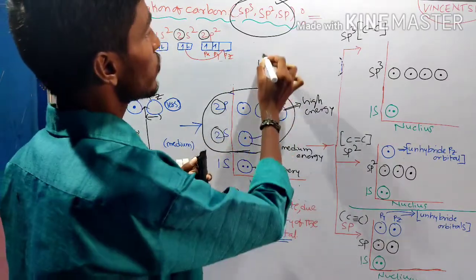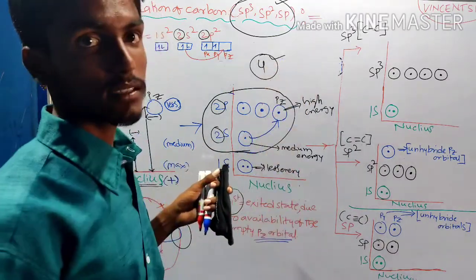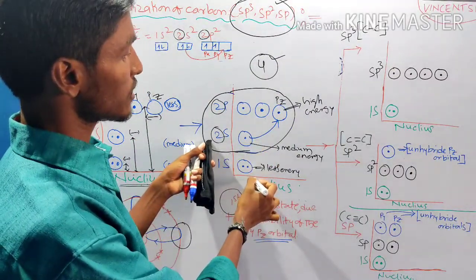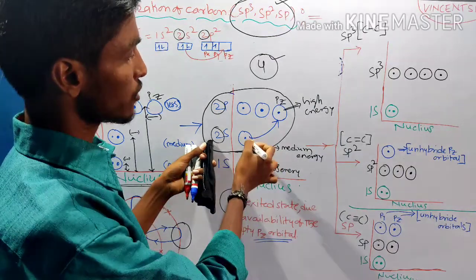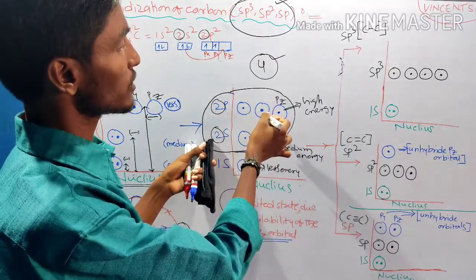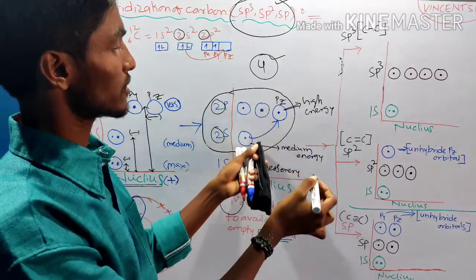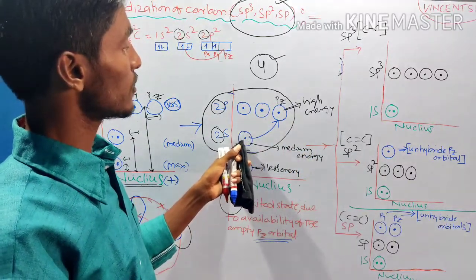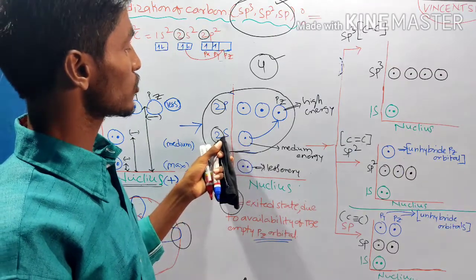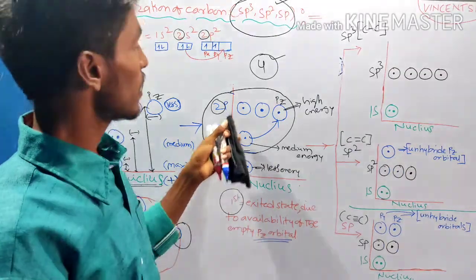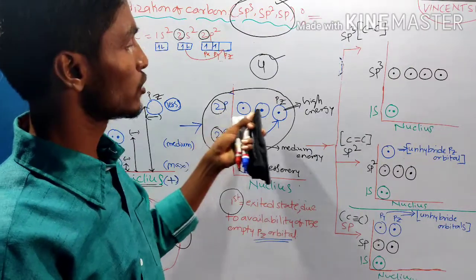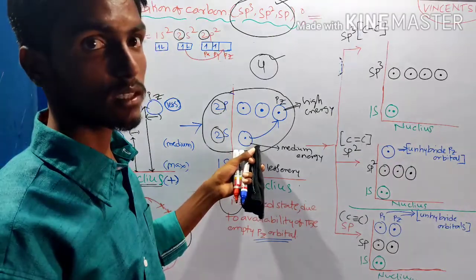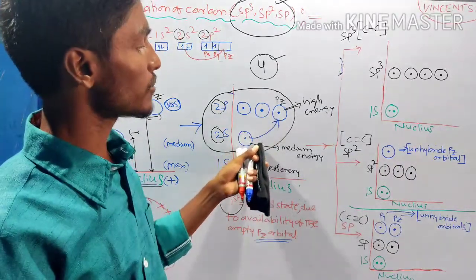These 4 electrons have different energy levels, because two electrons are at a medium distance from the nucleus and the others are at a greater distance, so they have different energy levels. According to the above principle also, the 2s orbital has less energy and the 2p orbital has high energy. Due to this difference in the energies of the valence electrons, the carbon atom